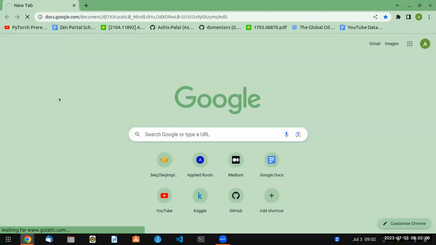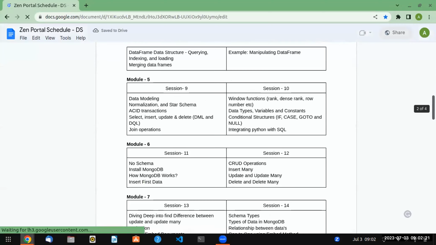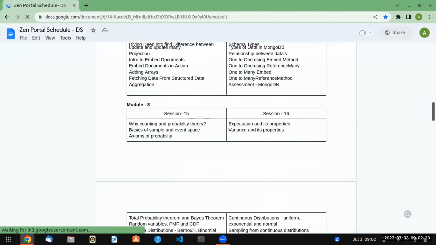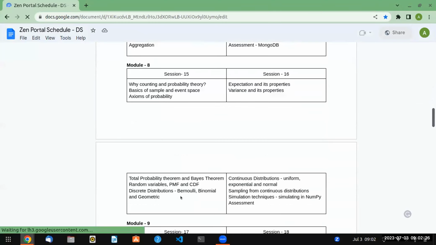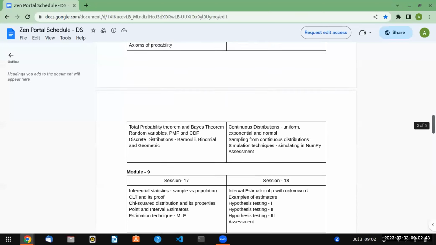So can you please help me out, like where were we previously with this module? I can remember we have completed, not fully actually, MongoDB, axioms. Oh. Have we covered the PMF and CDF? Please don't tell me you guys also forgot.